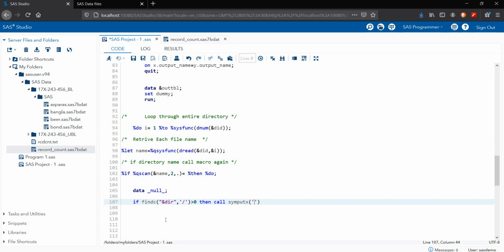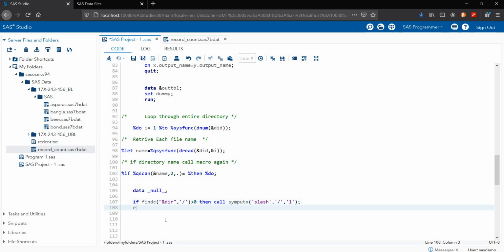Then we have the slash, then comma, then we have the slash, then comma 1. If my directory calls again, that will happen.